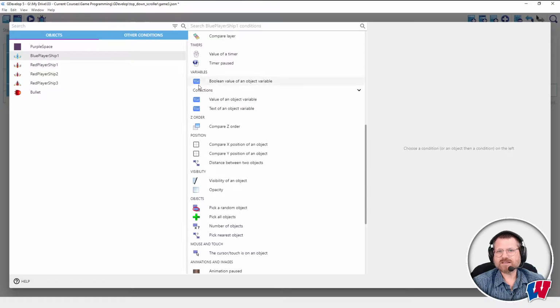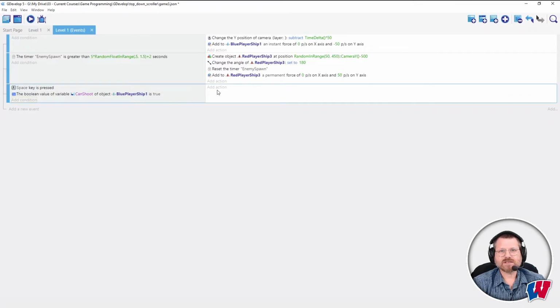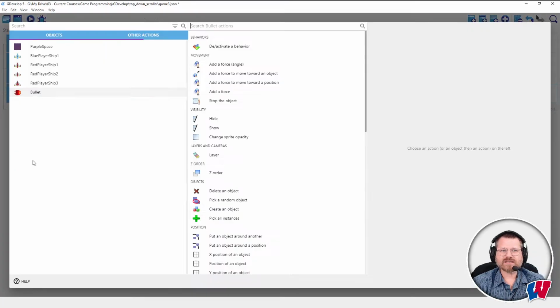So notice under variables, there's a collection option, and I'm going to get the value. Sometimes you'll want to look here, sometimes you want to look here, but I see Boolean. Boolean is true or false. And I know I have a Boolean variable to look at. So Boolean can shoot. If it is true, then it's okay to shoot. And so I would create a bullet,